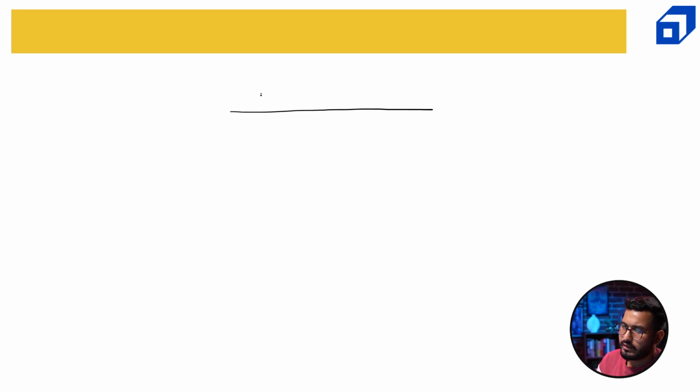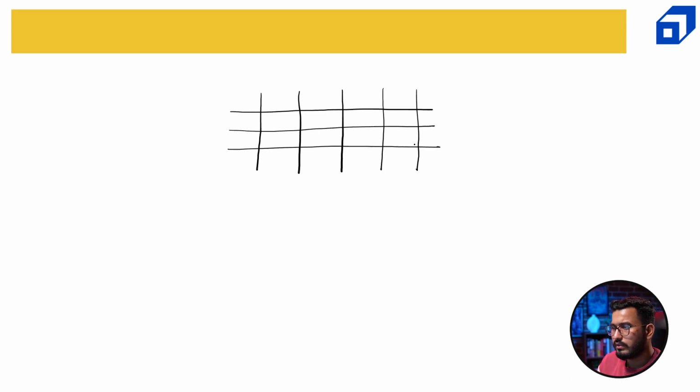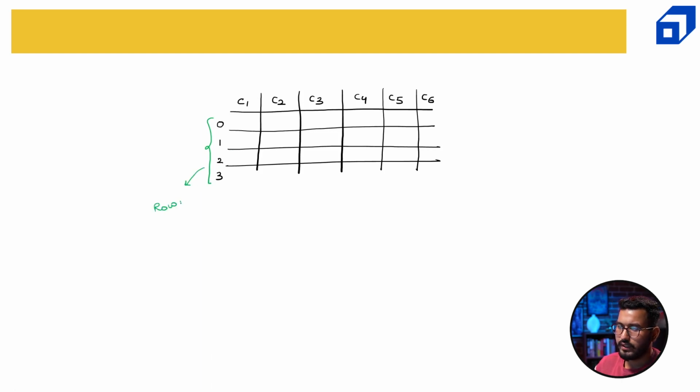So for Pandas we have two data objects, series and data frame. What is the difference between them? A data frame is a data structure which comes with rows and columns. So we have multiple rows and multiple columns. Let's say this is column number 1, column 2, column 3, column 4, column 5, column 6, and this is row number 0, row 1, row 2, row 3, and so on. These are known as your row index, and these are known as your column headers. And here we fill the data. Now this complete structure is known as a data frame,